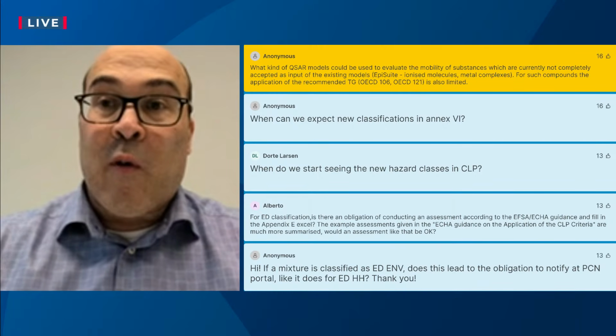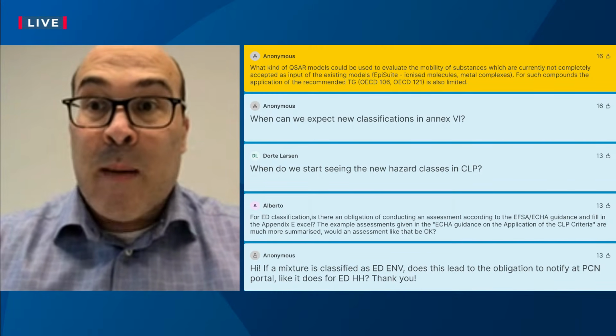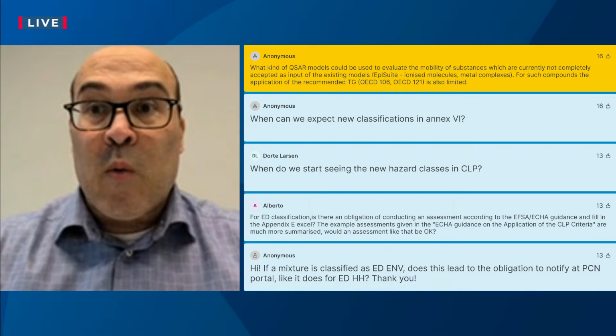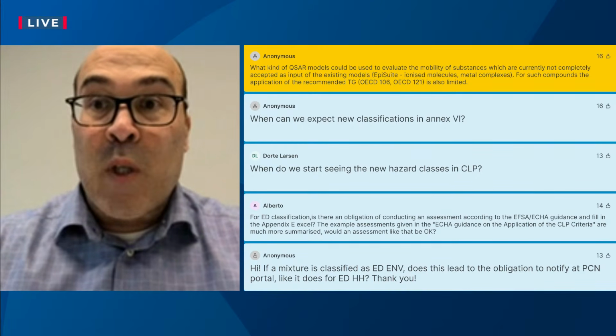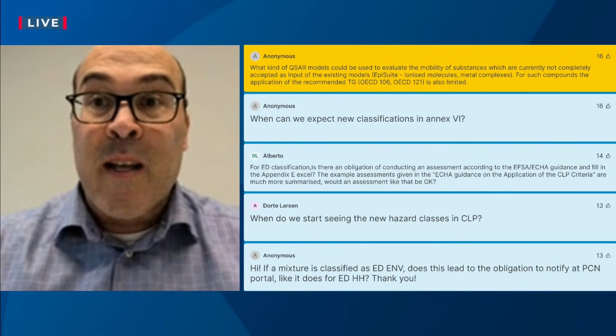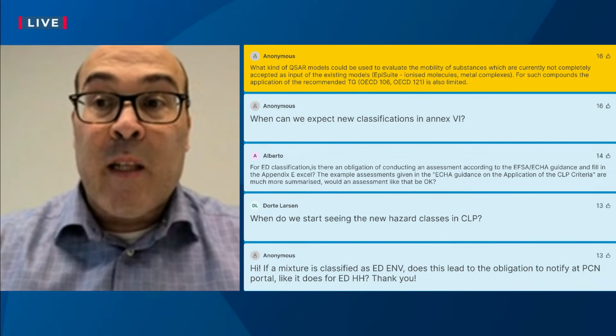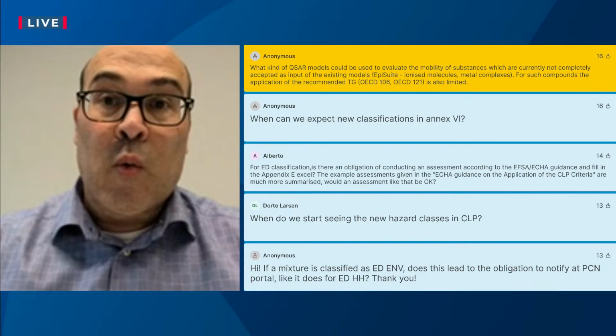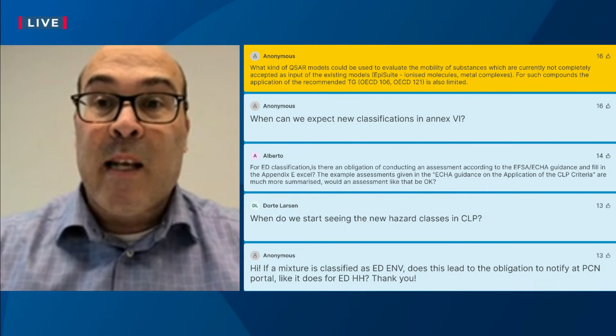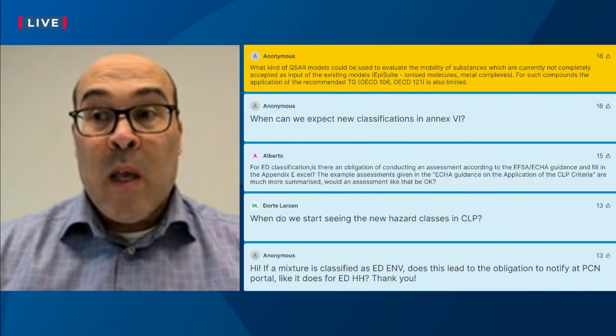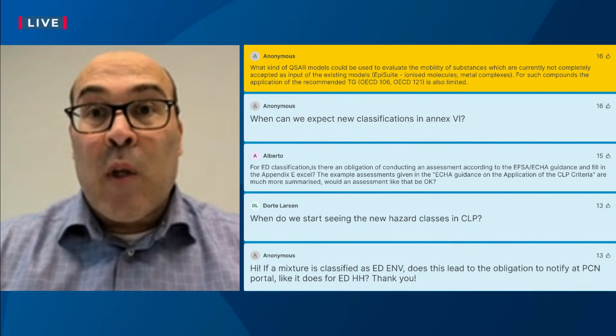So for ionizable substances, as you know, the respective models of the development is not as advanced as for non-ionizables. So we decided not to include by name any such models, even though in recent years there have been good efforts